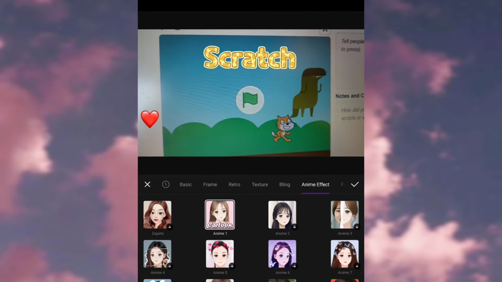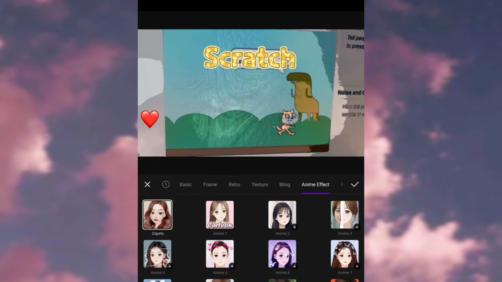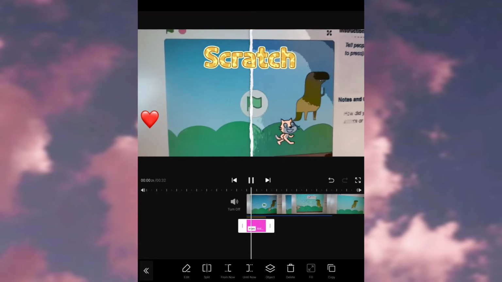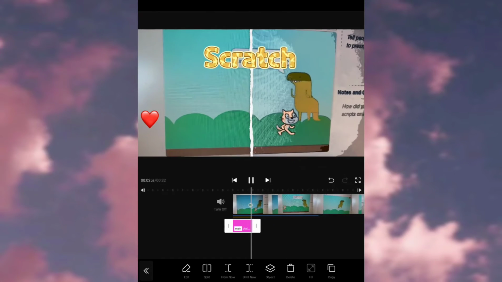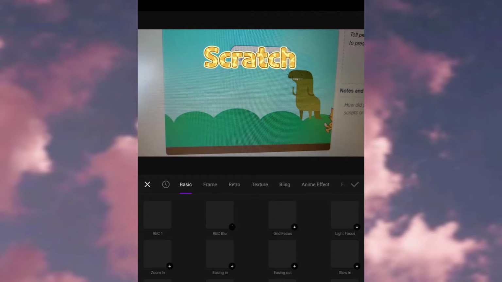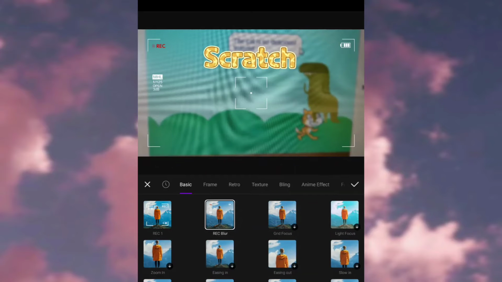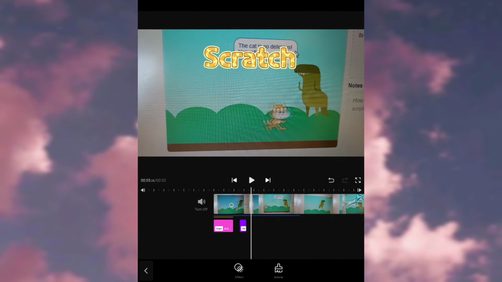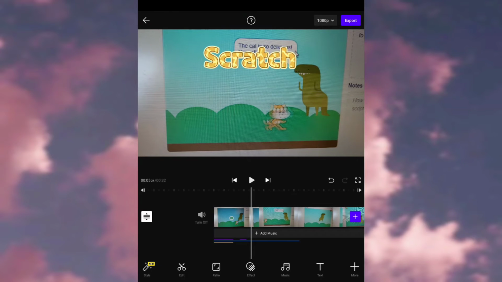If I want to get a cartoon effect, see, the cartoon effect looks like this. Zepeto effect, anime 3 effect, there are many anime effects, and the anime effect looks like this. I think it is anime 3, I don't know it exactly. So I can give the record blur, which is the basic effect. You can find it in GIF for effect. Yeah, it is an effect only, I think.